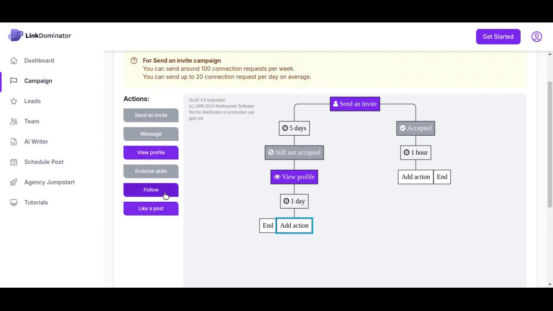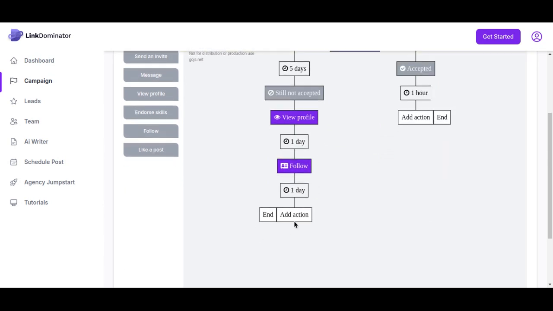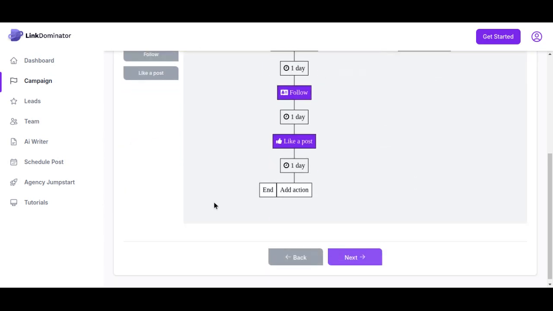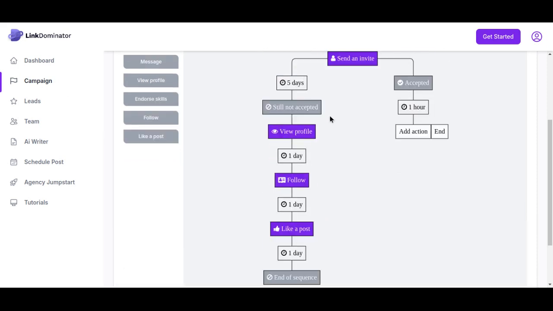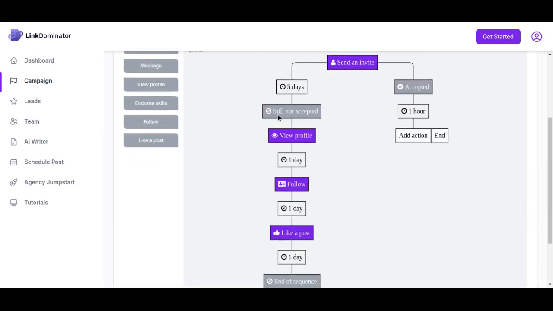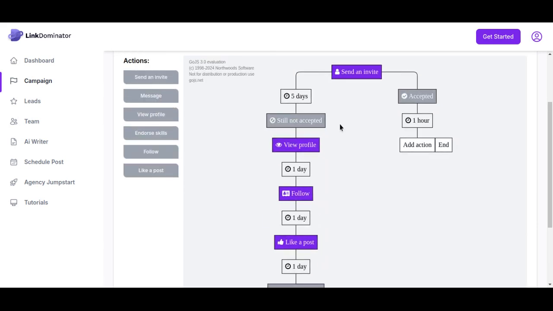You can add more. Click on follow. You can add and like a post. So once you're done with this, you can choose to end the sequence right on this part where they have still not accepted.